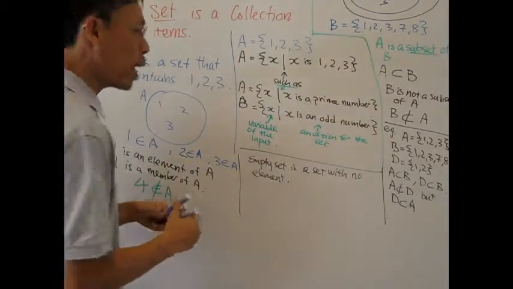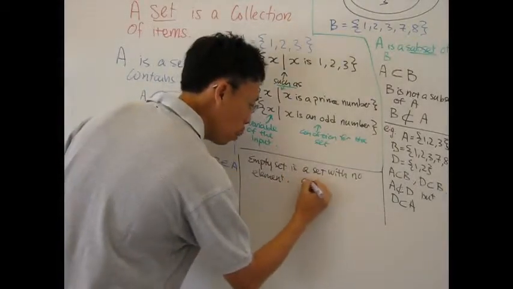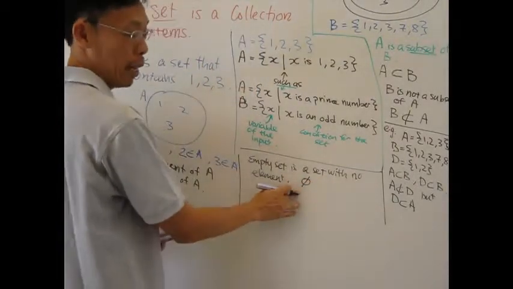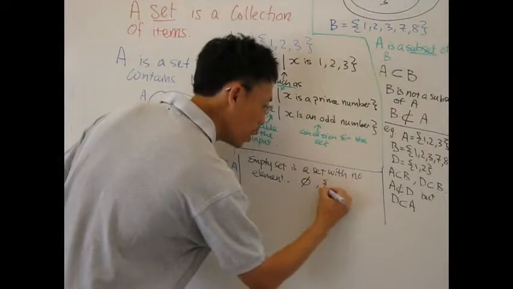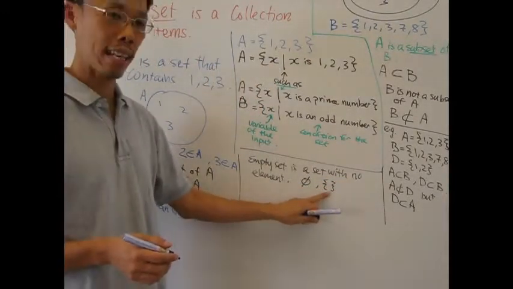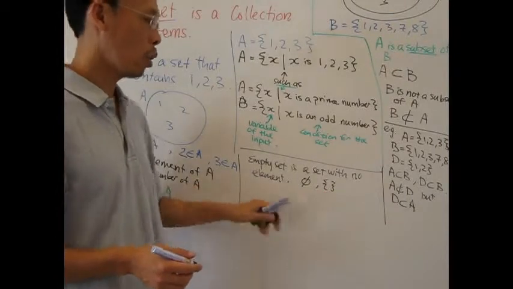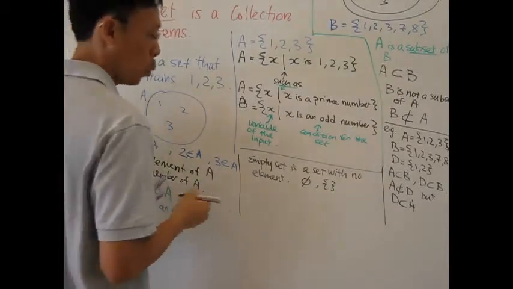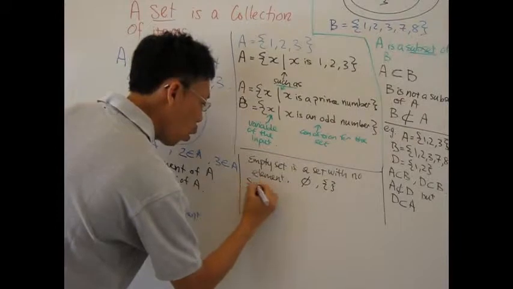So an empty set is represented by 2 symbols. Either you use something like this, or you use the curly braces, set notation without anything inside. So this is a set notation. So you can write